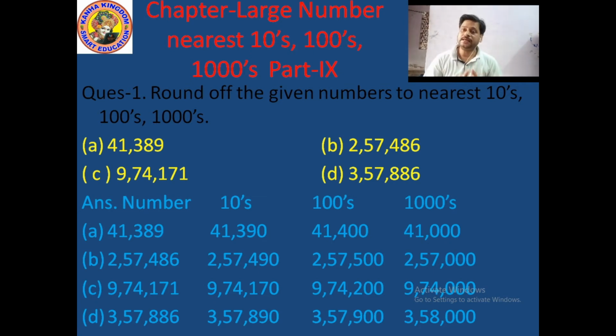And now the rest of the parts I will give in the activity time, and you do it in a very quick way. I know that because you all are very intelligent and you understand these types of questions, how to find the number in nearest 10, nearest 100, nearest 1000.